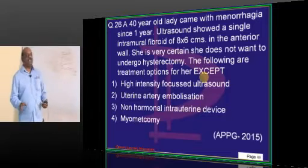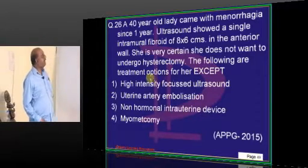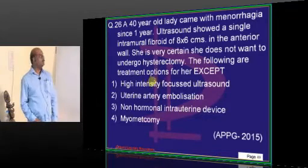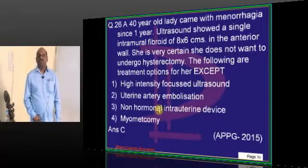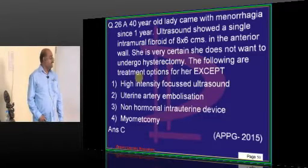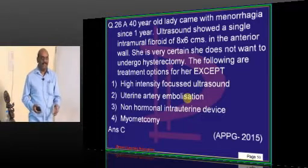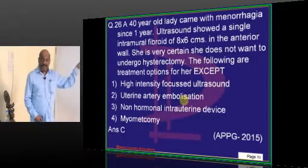40-year-old with menorrhagia since 1 year and ultrasound is showing a single intramural fibroid is there, then what are the treatment options because she does not want to undergo the hysterectomy. So basically, simple thing to remember is menorrhagia treatment के लिए आप hormonal IUCD, not a non-hormonal IUCD you will use. That non-hormonal only must be attracting you because menorrhagia, dysfunctional uterine bleeding is a very high yielding topic. अगर आप वहां नहीं पढ़े तो